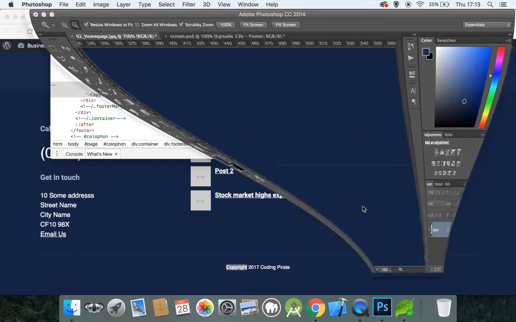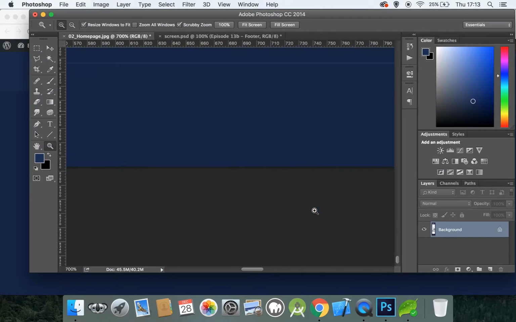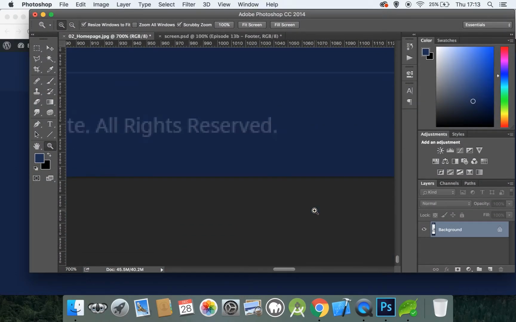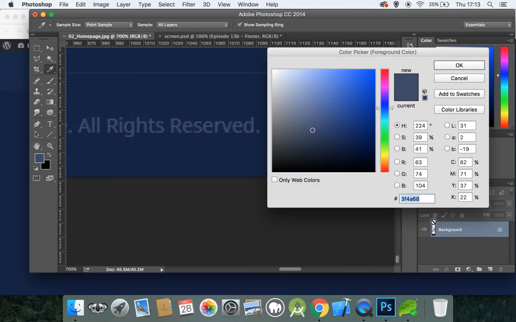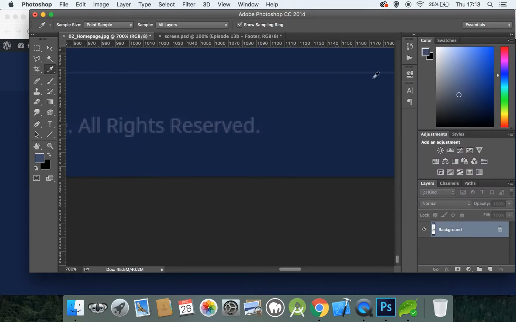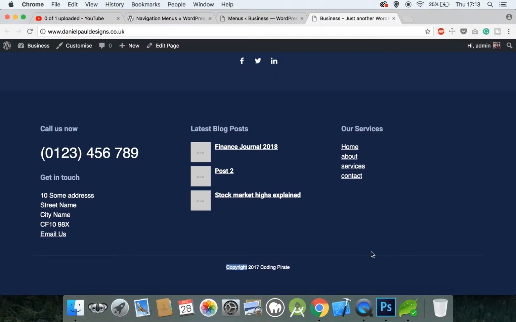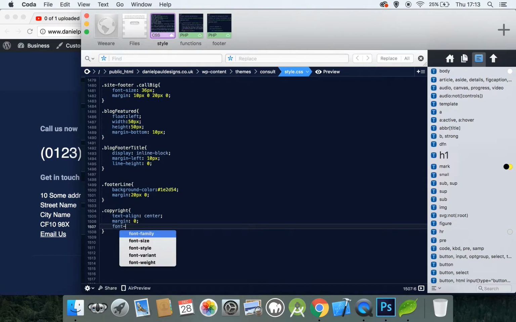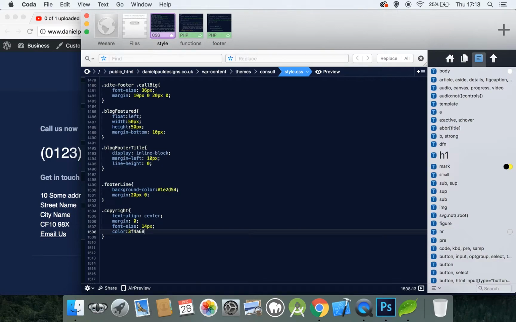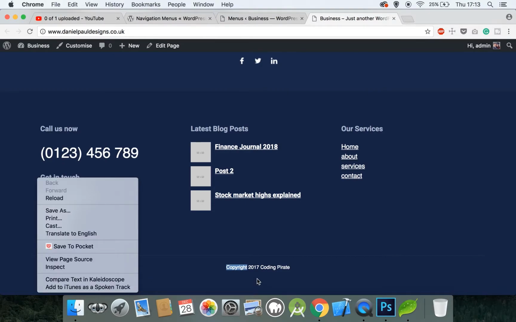Let's have a look at our design. Okay, we need to change the color as well. So copy this. Font size 14 pixels, and the color. And then finally we can see there's a bit of space between the copyright and the end of the website,